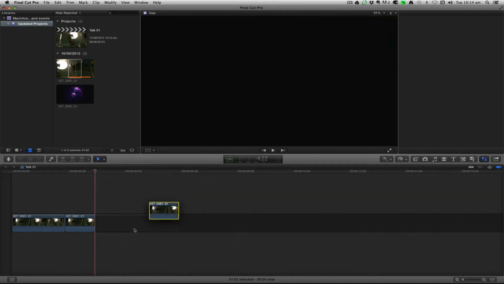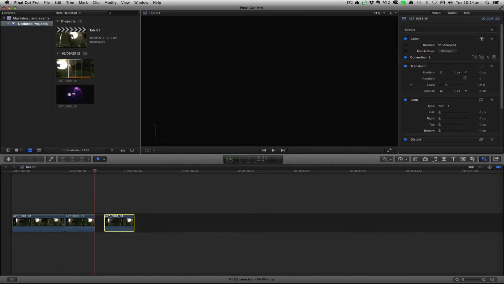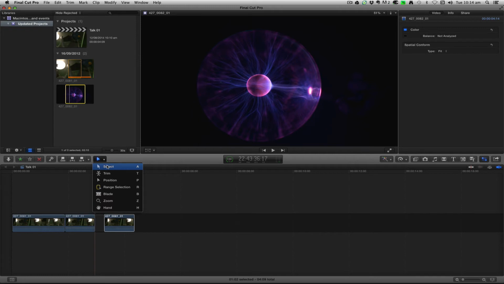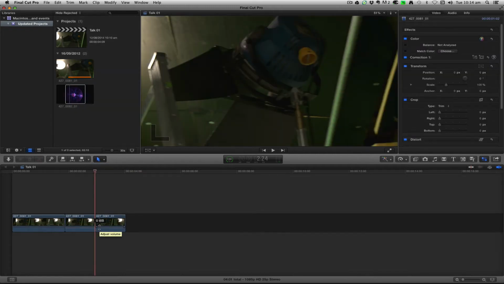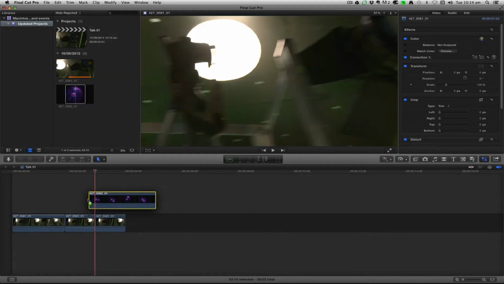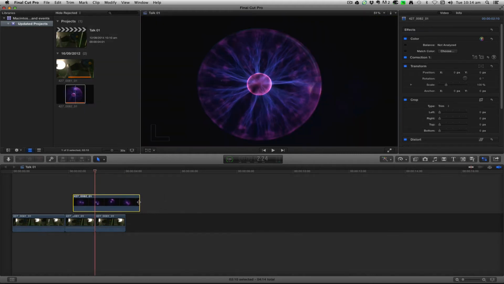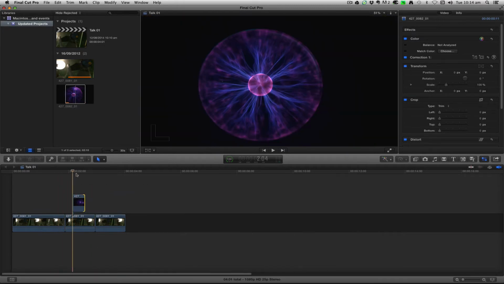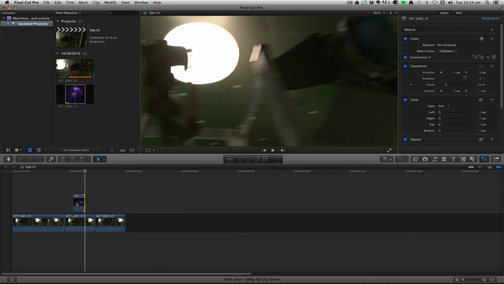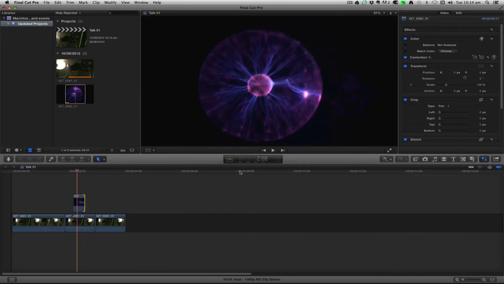Now, why would you love it? So here we go. We've got a couple of little clips here. Actually, I'm just going to change back to the normal tool because otherwise I'm going to create gaps everywhere. Yes, a slug is called a gap. Again, they've changed all the terminology. Let's say I've got this little clip here, and here's my clip, and then it's got another, what do you call them? Plasma ball, whatever it's called,